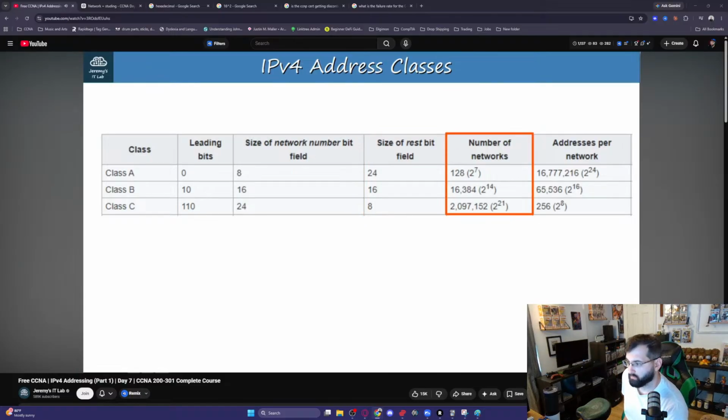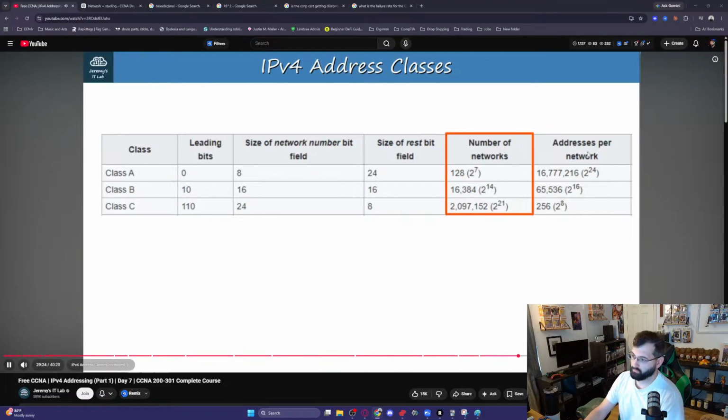Now, this part here displays the number of possible networks in each class. As I said, class A has fewer potential networks, but more hosts in each network. Class C is the opposite, and class B is in between. Class A has 128 possible networks. Class B has about 16,000 networks. That's crazy. And Class C has about 2 million networks. Class A allows about 16.7 million hosts in each network. Class B allows about 65